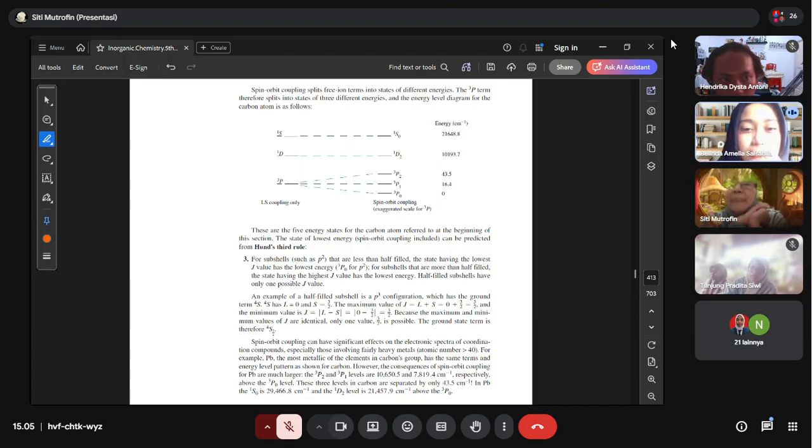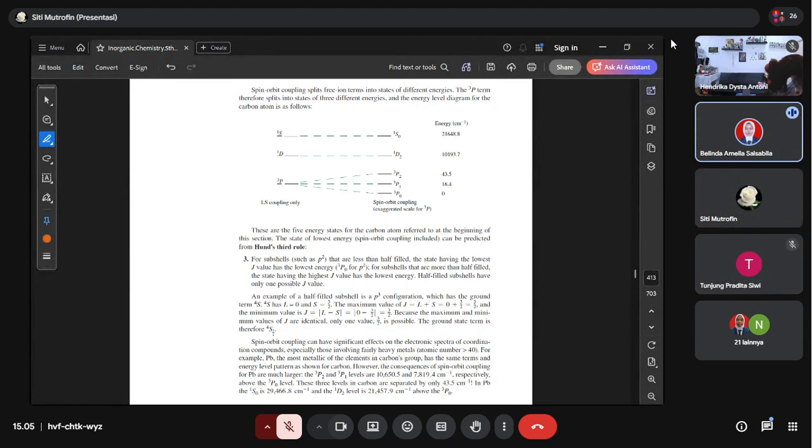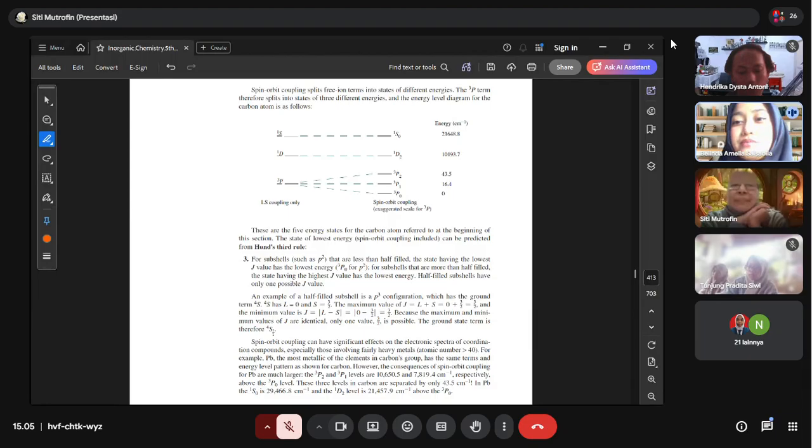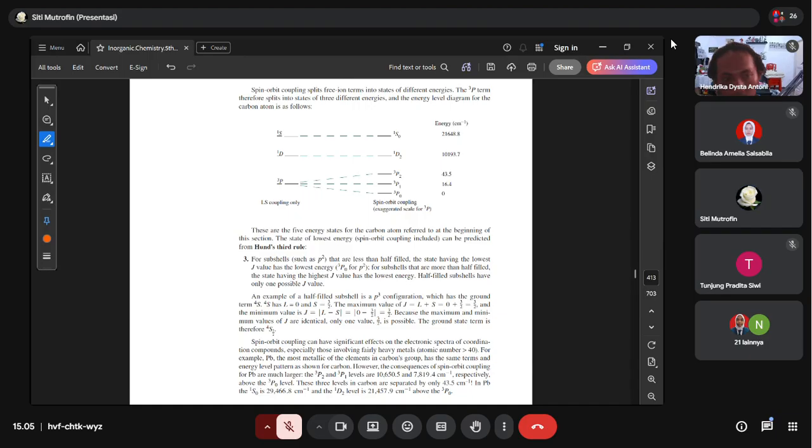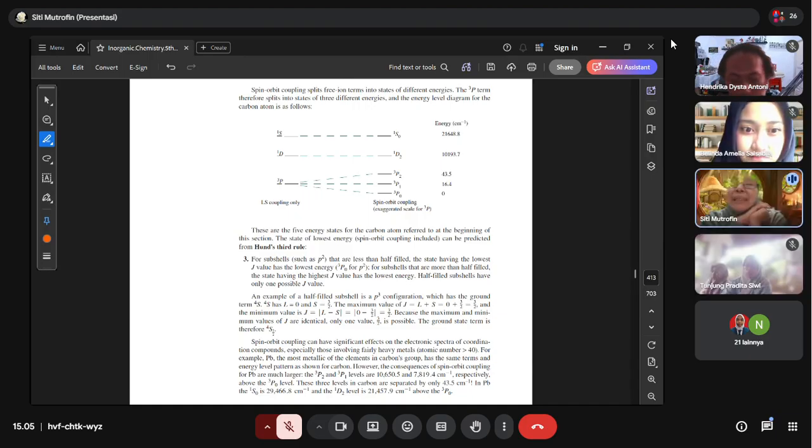Okay. So, is the half-filled rule about the electron configuration or the microstate, the table before we discuss? Read it carefully. One more, please, Belinda. Read it loudly. For subshells such as p2 that are less than half filled, the state having the lowest...